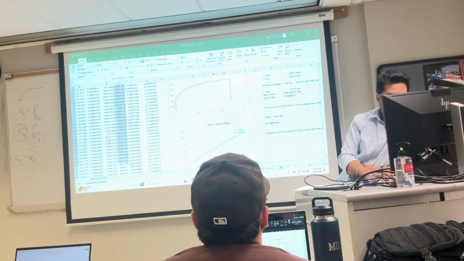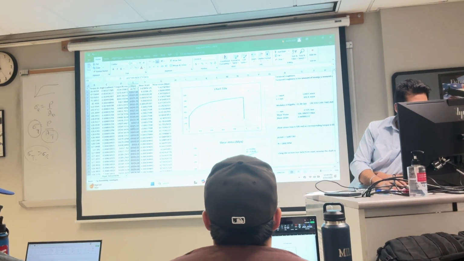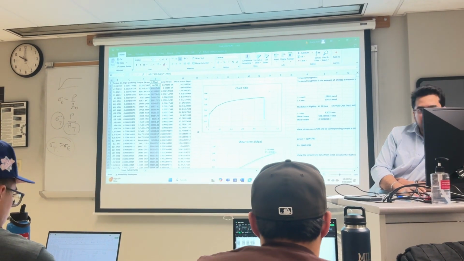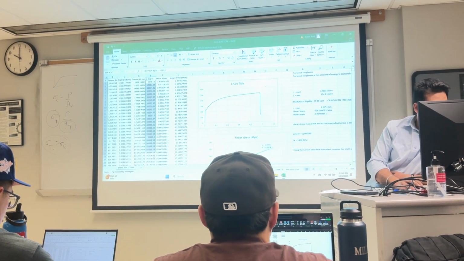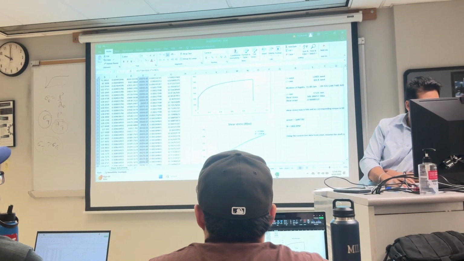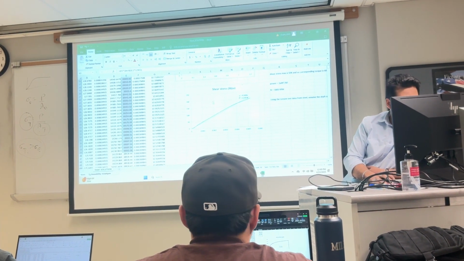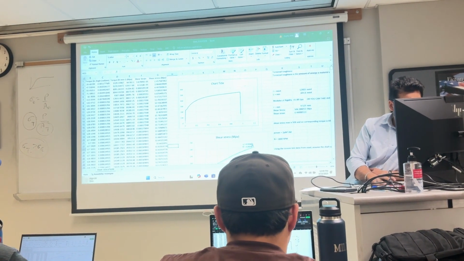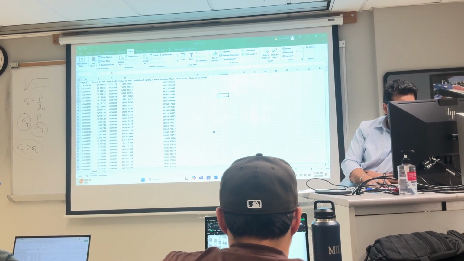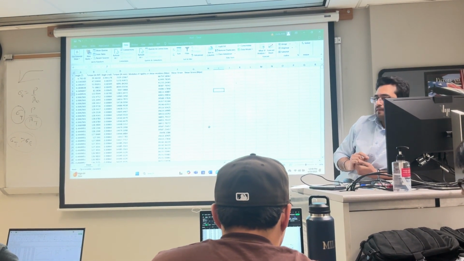Just take the average of these then. Average of the first 40 data. I just copy and paste the graph and do what you did and select the values. Yeah, that's the easy way. Good.